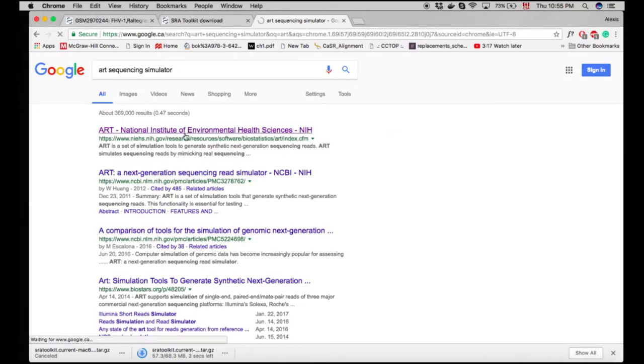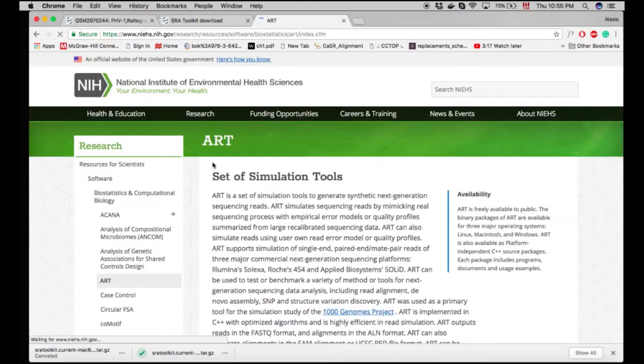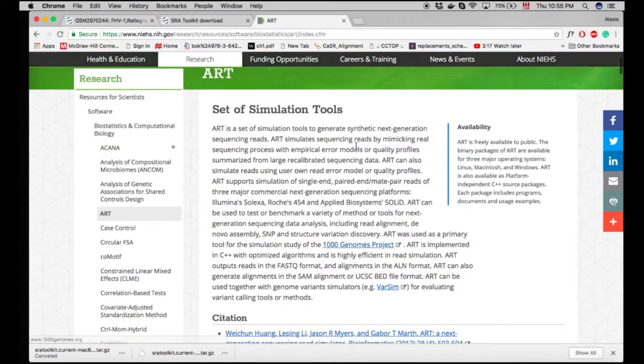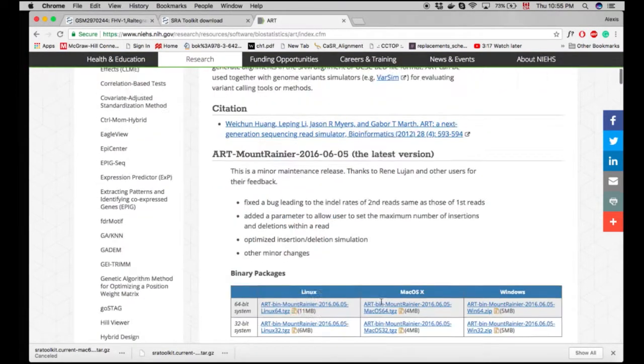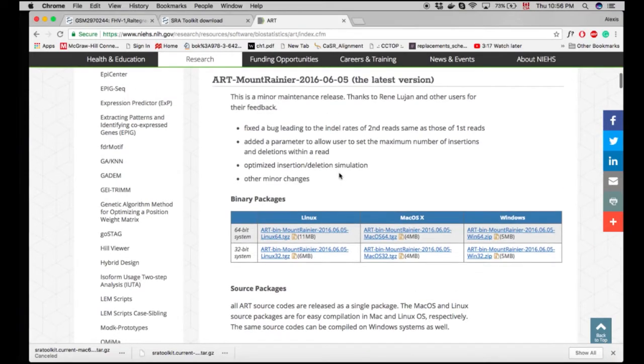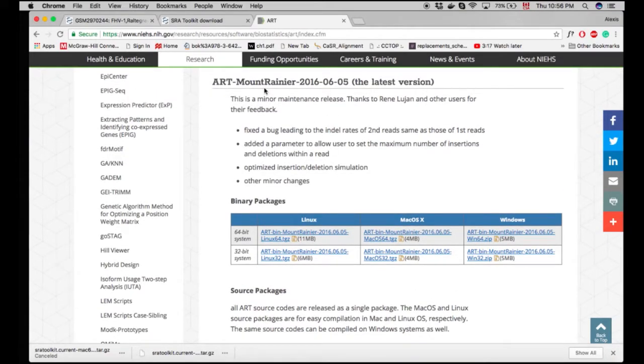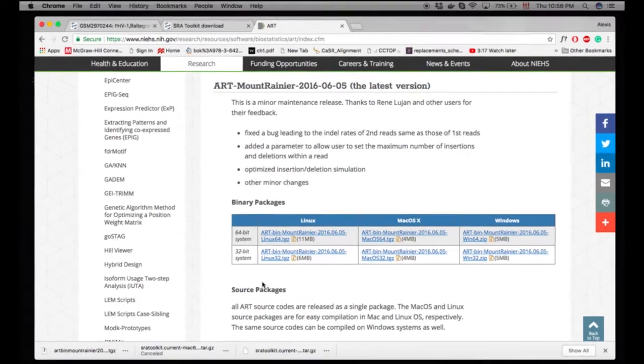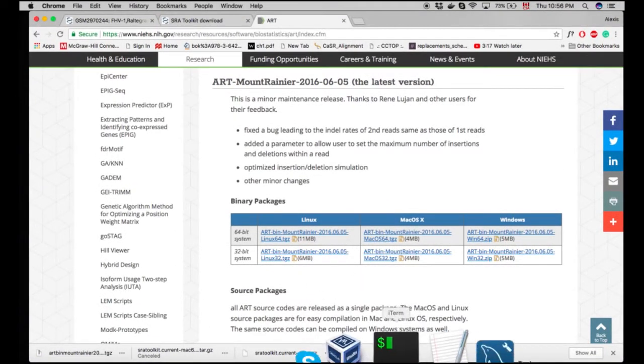Go on the first one. This is a great tool allowing you to cut down a long nucleotide sequence into reads. So just take your first one, Mount Rainier should be perfect for you. I will run on 64-bit Mac, so you can download this at the same time. Okay, so now that everything's being downloaded, of course, we'll